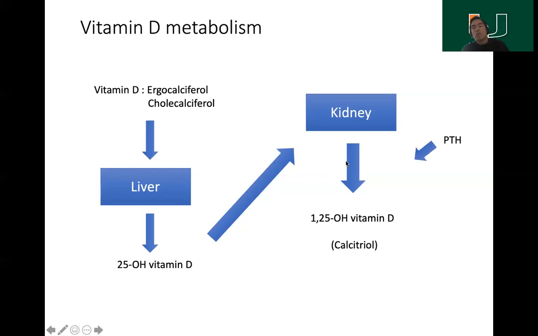This also can be upregulated by the PTH, right? So in summary, PTH has three actions in the kidney, right? First is increased calcium reabsorption. Second is increased phosphorus excretion. And the third is to increase the production of 1,25 dihydroxyvitamin D through 1-alpha hydroxylase enzyme,